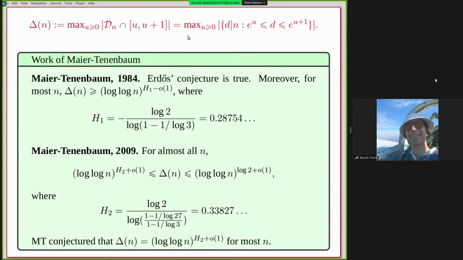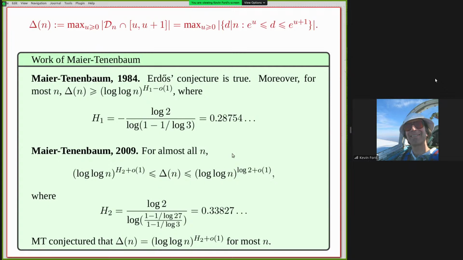Okay, so here's the delta function again. A big breakthrough was made in '84 when Maier and Tenenbaum solved Erdős's conjecture, and they did even more by showing that the delta function for most n grows at least as large as a particular power of log n. Okay, so this particular constant here,